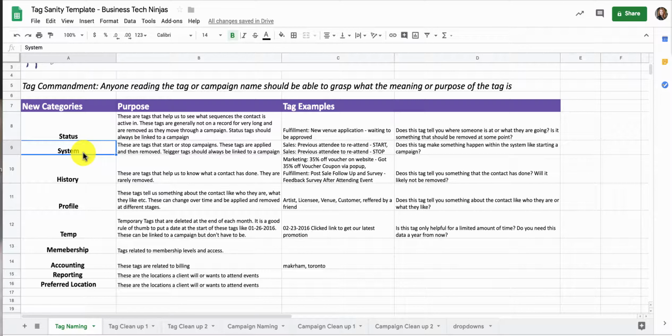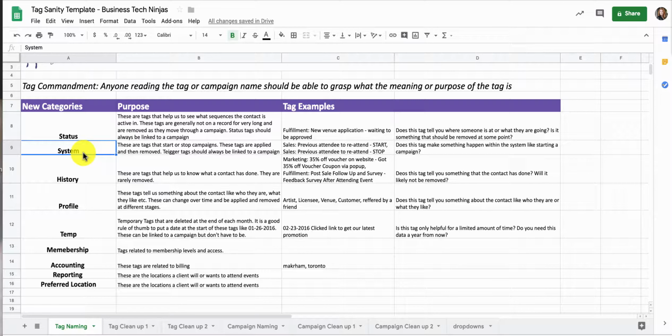And you might think, well, I don't need a start and a stop tag for all of my campaigns. And trust me, it will make your life so much easier down the road, because you end up in this situation where you're like, oh yeah, all those 5 opt-ins should stop when this one thing happens. And if you don't have this system already in place, someone's got to go back and add all of those functionalities, or they have to remember, how do we start and stop all of those different campaigns. And adding this right off the bat is going to save you a lot of heartache and really systematize your